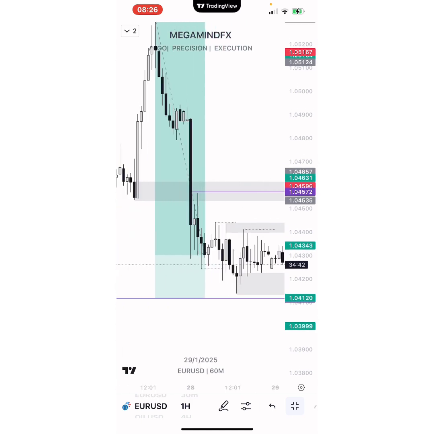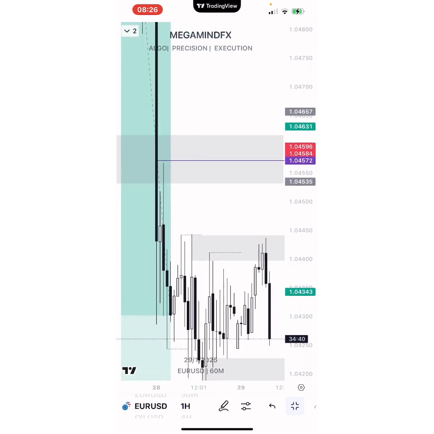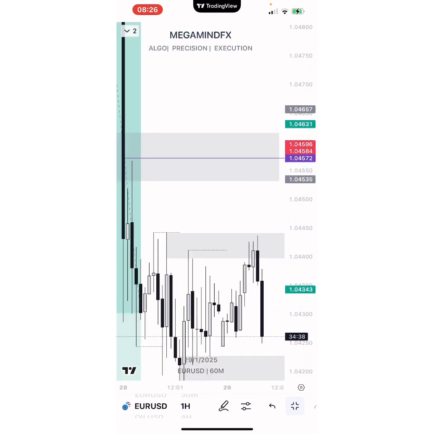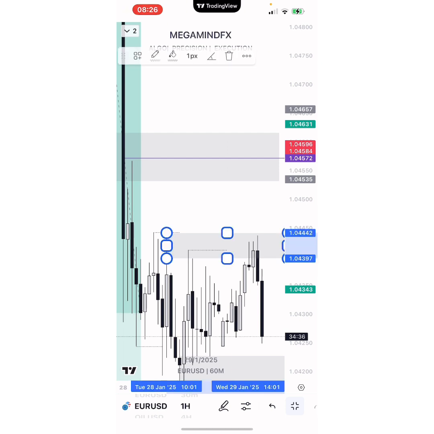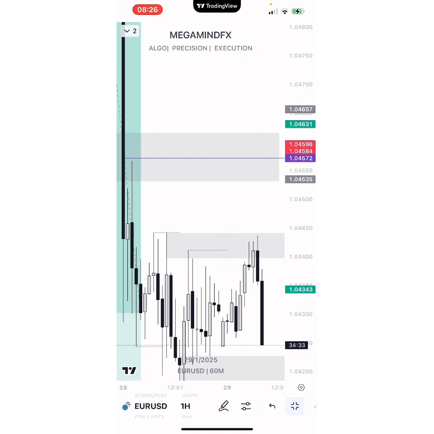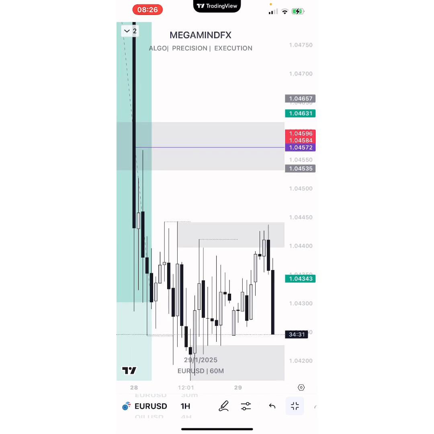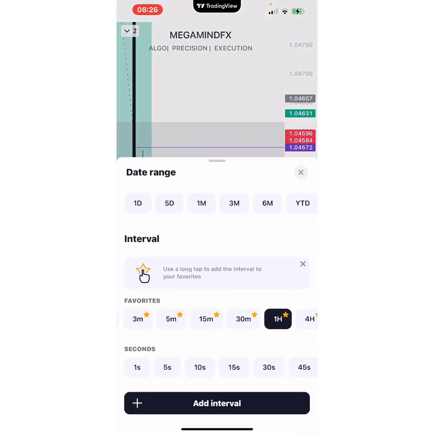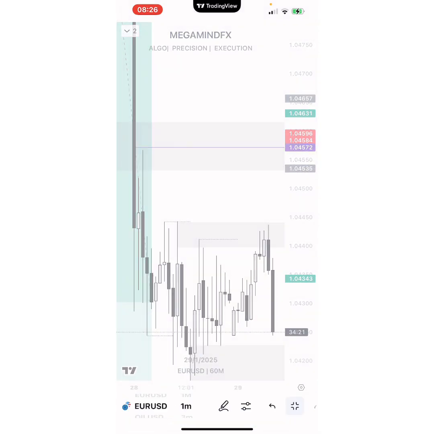Okay, so that's the last structure. There are two things to look out for. We had the sweep of the H1 structure in that level, and so we also have the last structure on the H1 on the M1 to consider. That's the last structure there on the M1 to consider as your internal liquidity to be swept, so that